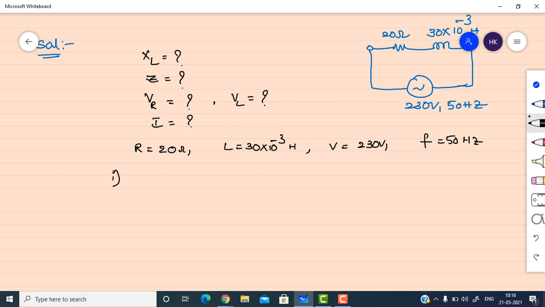So first one we have to find out the inductive reactance. What is the formula for inductive reactance? XL is equal to omega L. Please try to revise every day whatever I am teaching in the class. If not, you can't remember anything. XL is equal to omega L. In place of omega, you can substitute 2 pi F. 2 pi FL. Now we have all the values. 2 into pi. Pi you can substitute 3.14. F value is given 50 and L value is also given. You can find out the XL.